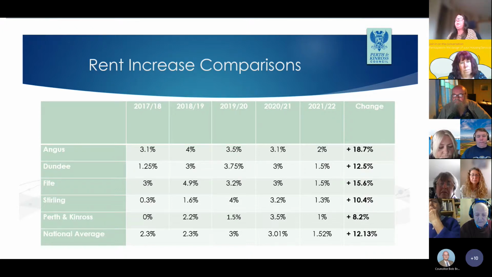All of this needs to be reflected in this year's rent level proposals to allow us to continue to meet our obligations as a landlord and to maintain current performance. It's of paramount importance to us that we strike a balance between service delivery and how affordable your rents are. Okay, next slide.